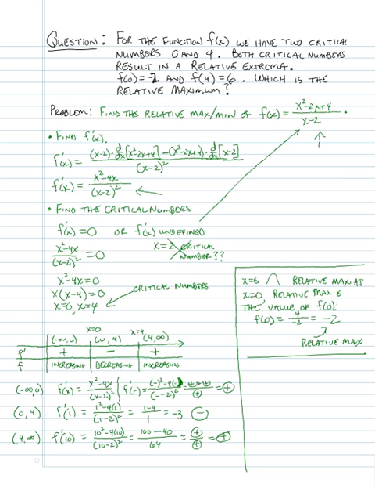Okay. Now, at x equal 4, look what our chart tells us. At x equal 4, on the left side of 4, we're decreasing. And on the right side of 4, we're increasing. See, this is where 4 is. And so, knowing that, we have to have a relative minimum, don't we? A relative minimum at x equal 4. And the minimum is